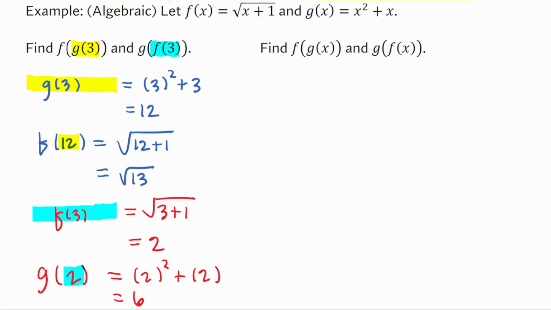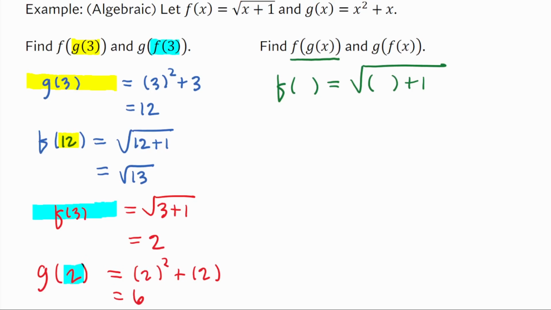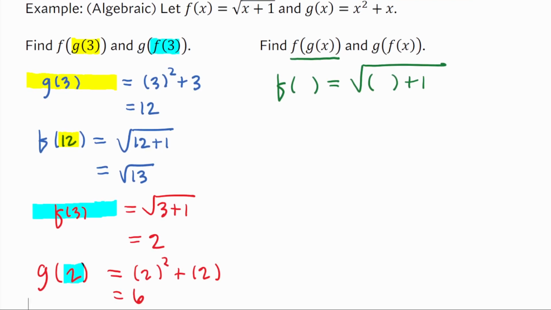But then for f of g of x and g of f of x, anytime you see x, replace it with the formula for g, in the case of the first one. All right, so for f of g of x, I'll really emphasize it this time. F of x equals the square root of x plus 1. So if I'm plugging in g of x here,